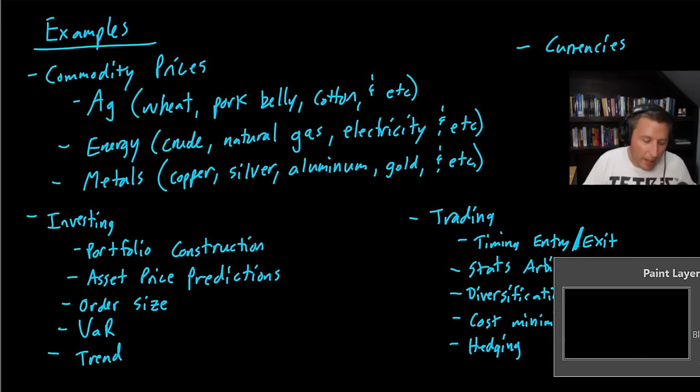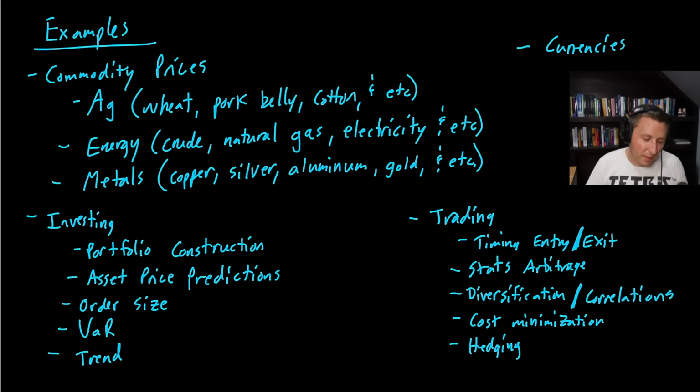Let's look at commodity pricing. We could price all types of different commodities here. It could be agriculture, like wheat, pork bellies, cotton, coffee, chocolate, for example. There are all types of different commodities, and there's all types of pricing that go into that. Drivers, variables, things that would impact that would be weather, right? Weather would be a big thing. Supply and demand of that. The age of plants and trees. So I know that, for example, right now, cocoa prices are through the roof. I know the cocoa trees are aging. I don't think they have new ones set up that are going to be in production in time, and a whole bunch of issues that would impact the modeling of just something like the pricing of cocoa.